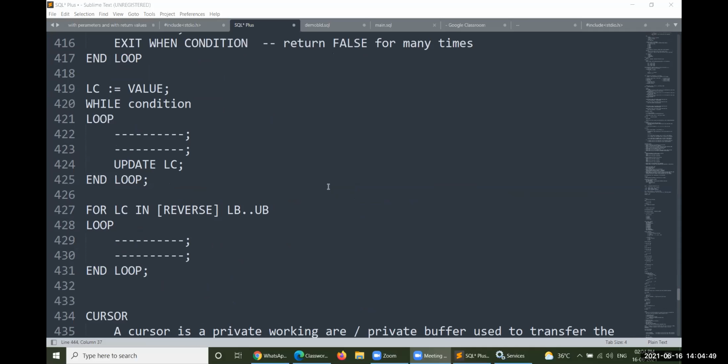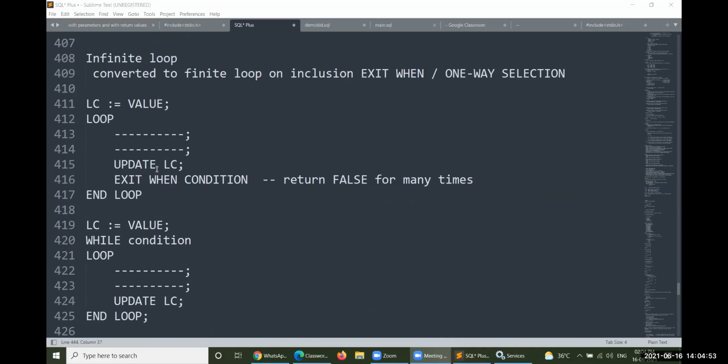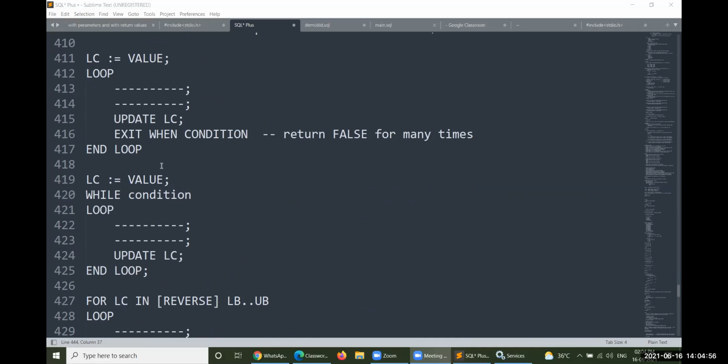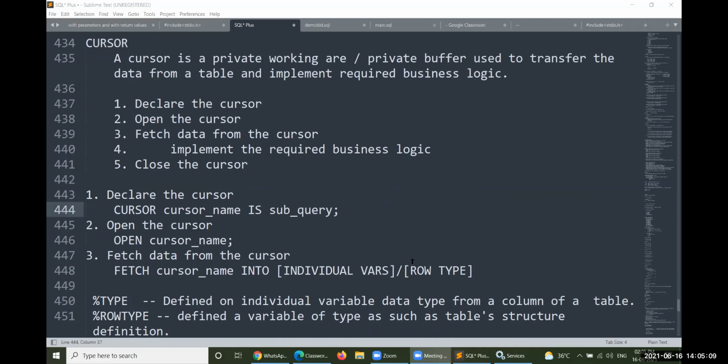Yesterday we discussed loops: the basic loop, followed by the while control structure and the for control structure. We also took some introductory part of cursors: what a cursor is, how a cursor is declared, and how it is activated and executed.